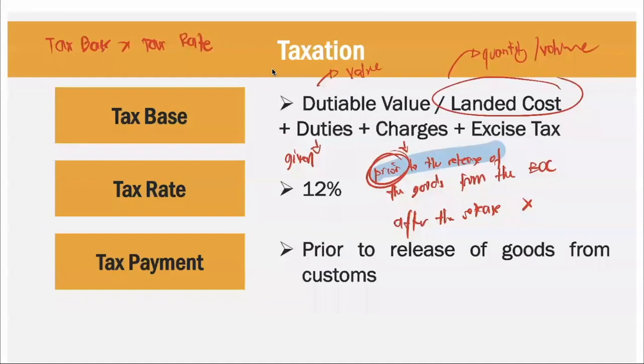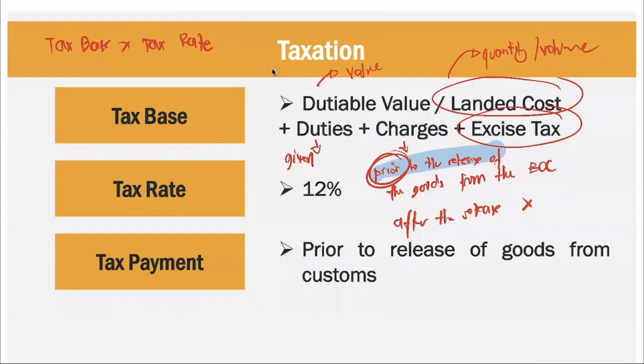Plus excise tax. For now, since we did not yet discuss what is the excise value or excise tax of particular goods, I will give the excise tax for the problems. So if there are problems regarding importation and there must be an excise tax on that particular good, I will give you the rate for that excise tax and you should add it. Okay? So you should add excise tax on the tax base. So what are the items on our tax base?